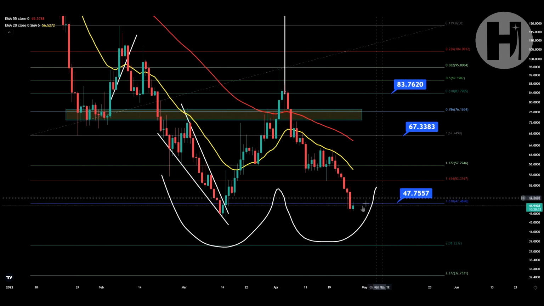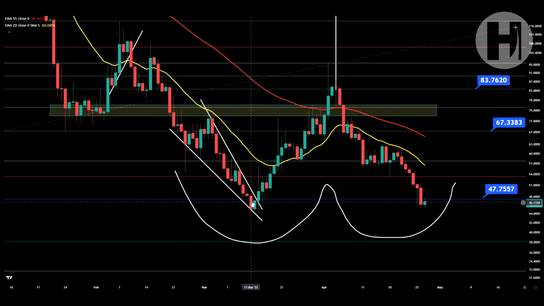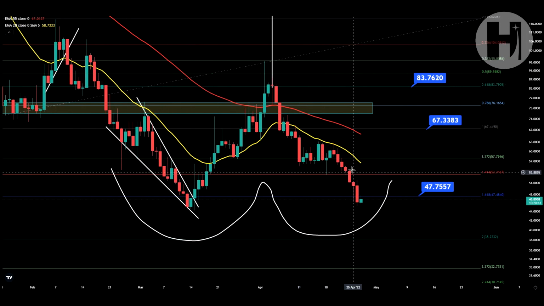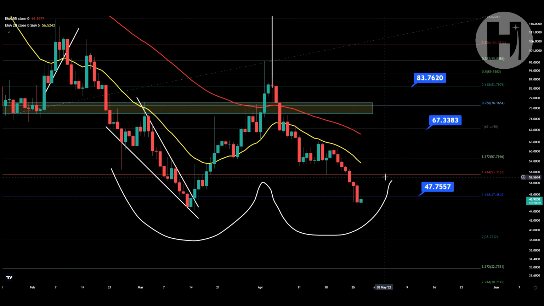Right now, you are a bit below it, which is quite negative in my opinion. You opened a candle below the 1.618, but here we had a very similar thing happen over here, where we closed the candle below the 1.618. We opened another candle, and then we started the uptrend from there. And as you can see, we had 1, 2, 3, 4, 5, 6, 7 red candles. Right now we're having a green candle, and hopefully from here we can start recovering. So hopefully you entered right now.